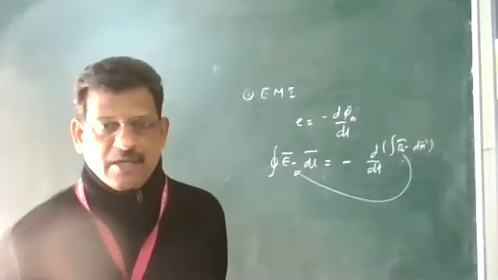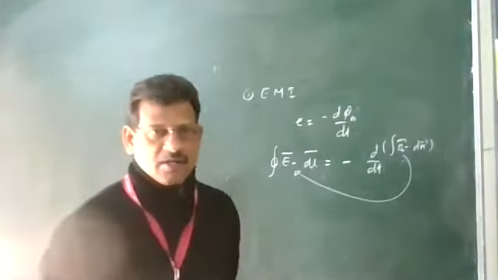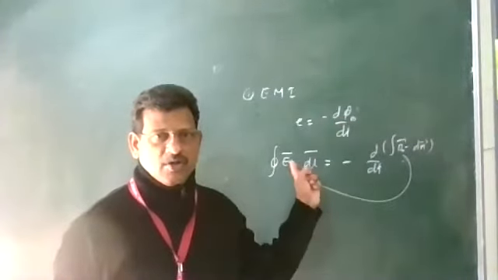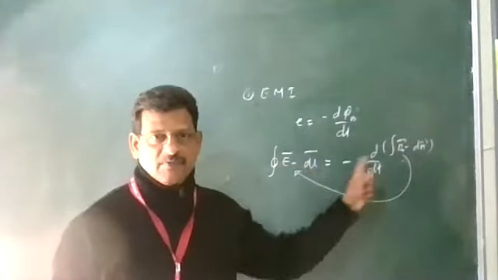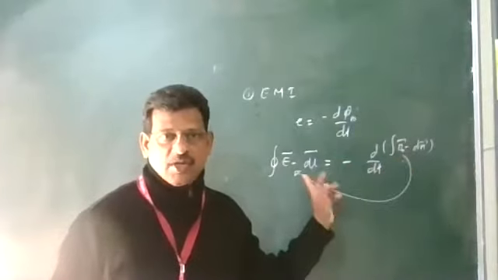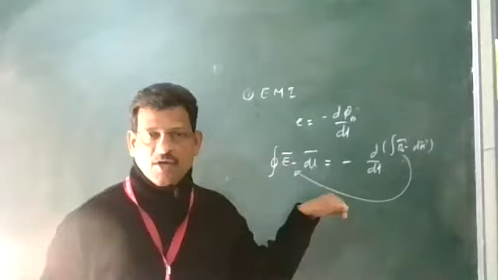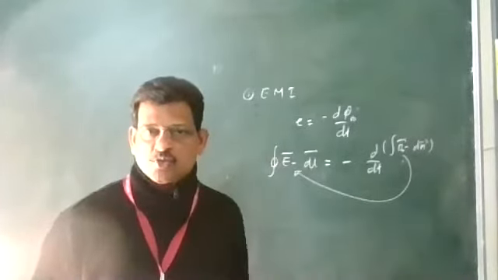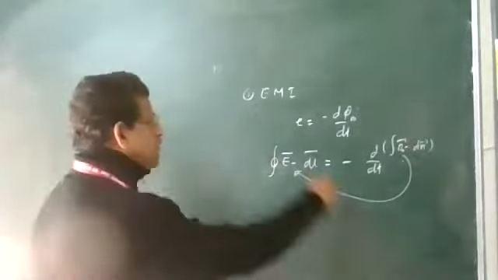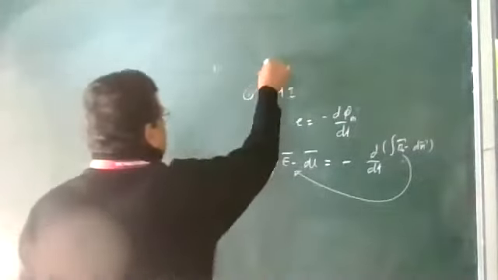According to EMI, a change in magnetic field produces EMF, which is a source of electric field. So I relate here: a change in magnetic field is a source of electric field. The reverse argument: if there is a change in electric field, will it produce a current and will it be a source of magnetic field? This was given by Maxwell. Faraday.